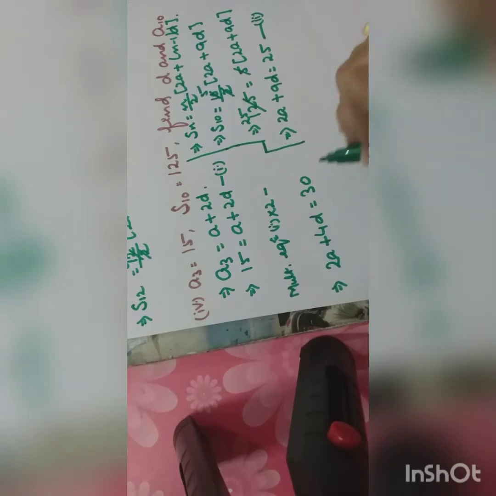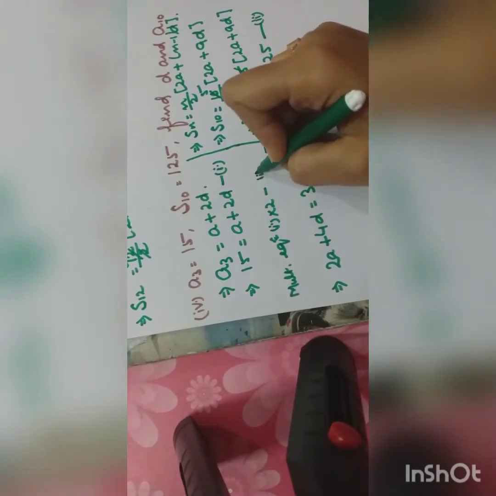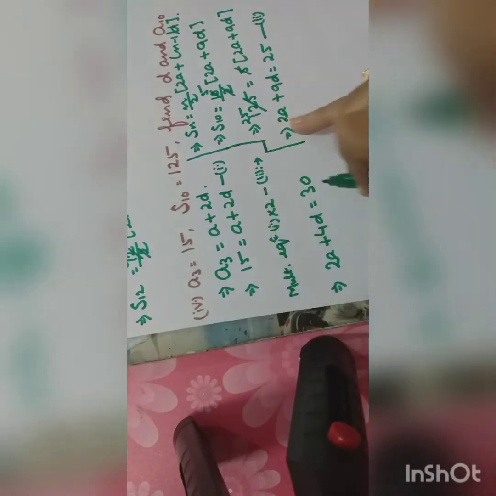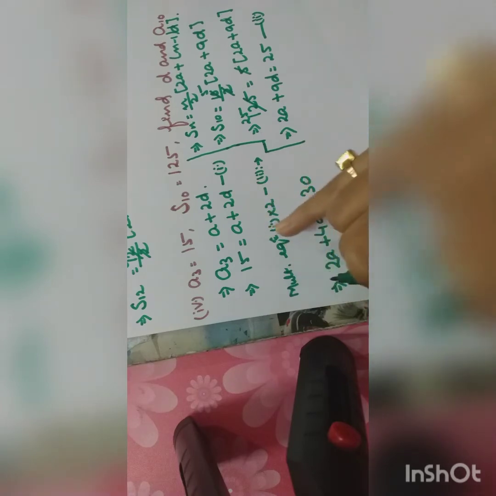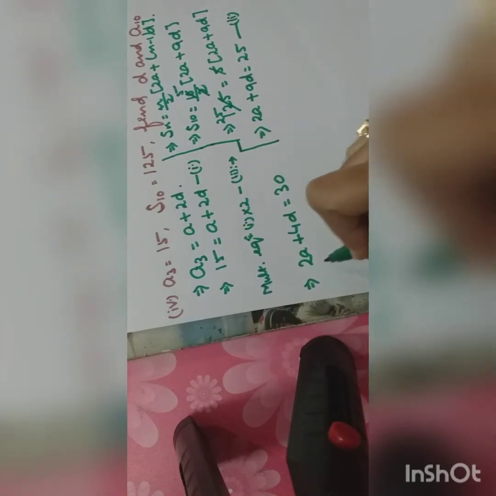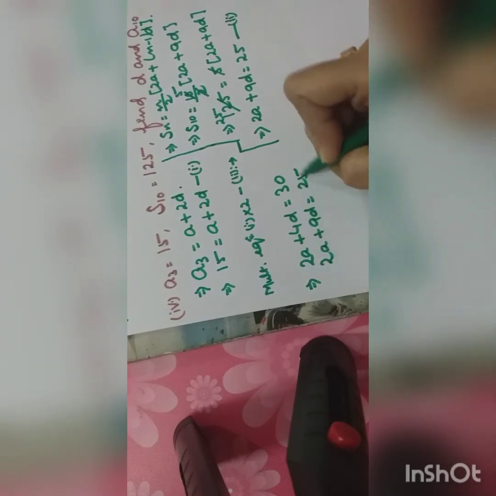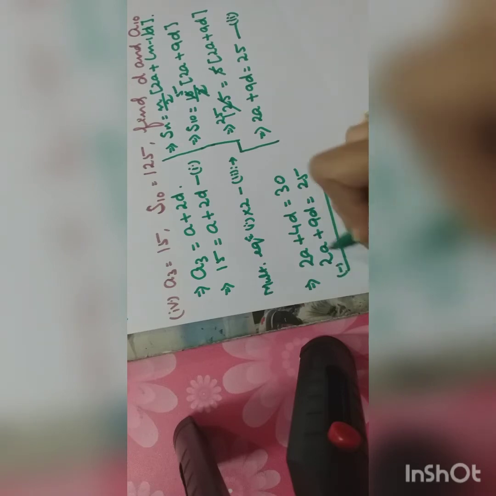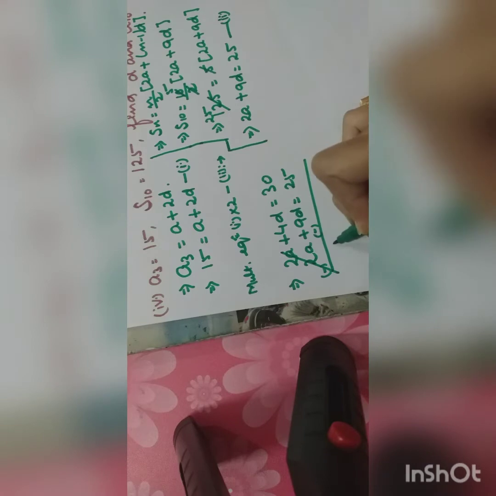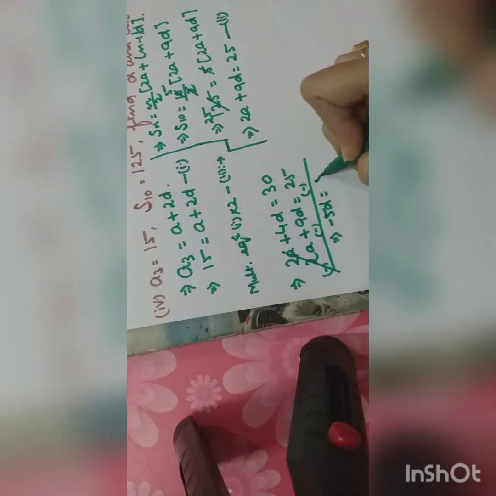And I am simply subtracting it from equation number 2. I am applying this condition to these two linear equations. First I am multiplying equation 1 by 2 and subtracting it from equation number 2. So my equation number 2 is 2A plus 9D equals 25. So I am just subtracting this. So 2A minus 2A will get cancelled out. 4D minus 9D will be minus 5D, and here 30 minus 25 will be 5.